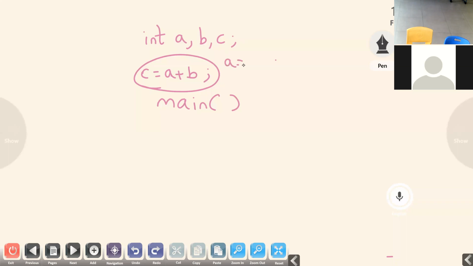Giving values at declaration is not compulsory, A is equal to 1, b is equal to 2, that is not compulsory. But then how will the computer do the calculation if we don't mention the values in the program? That also we have to mention. Here I didn't mention the a and b values. How can it do a plus b? It can't do it. That also I have to mention: A is equal to 1 and b is equal to 2.